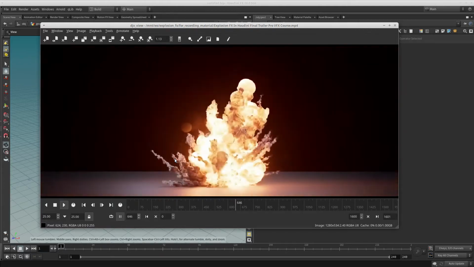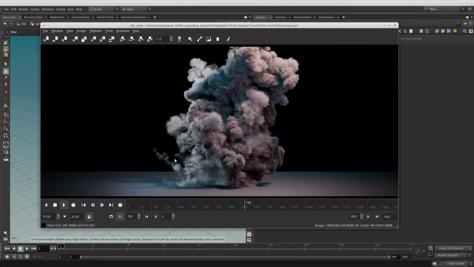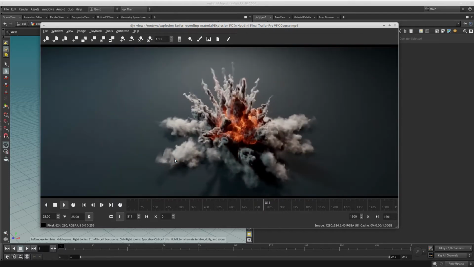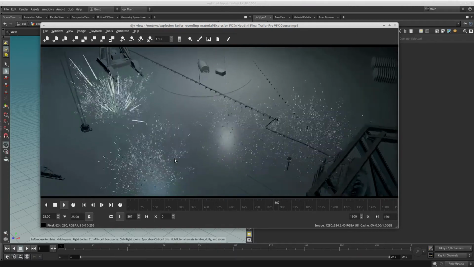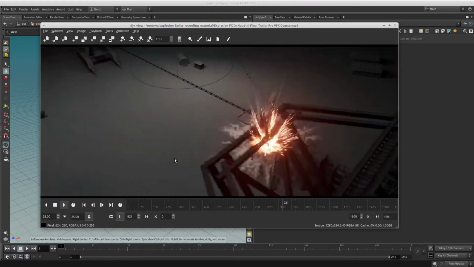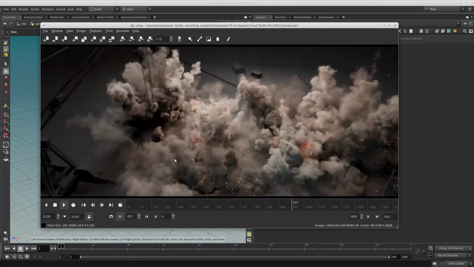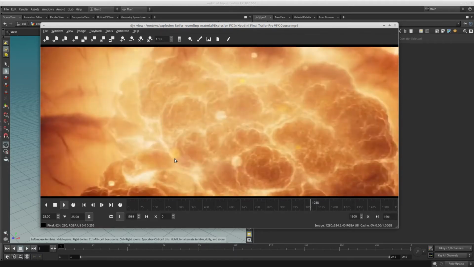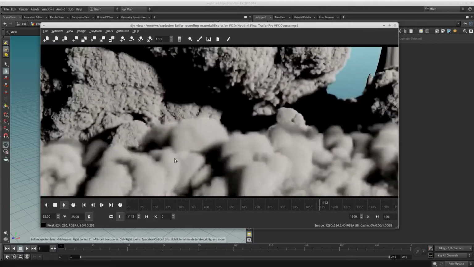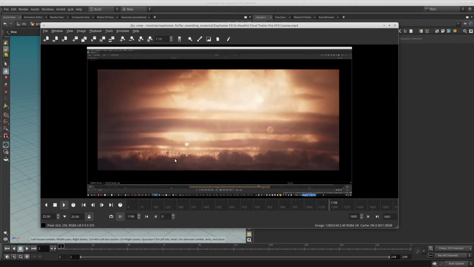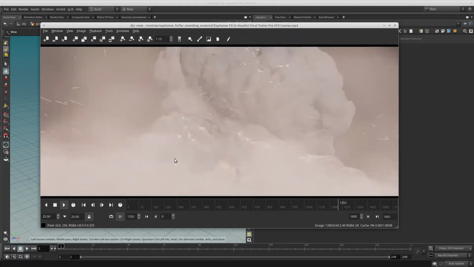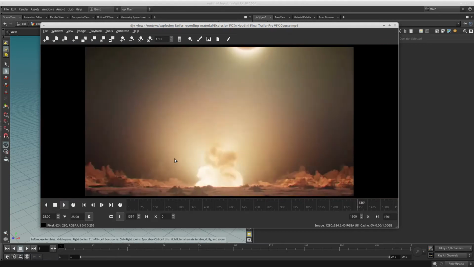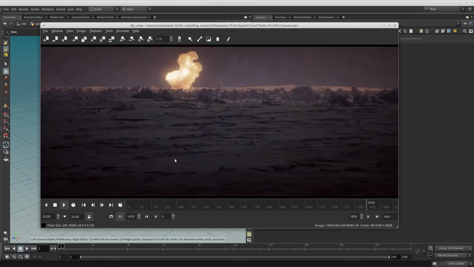The last one, the big one, is the nuclear explosion, and this one is combined of multiple elements, not just the core explosion, and we're going to focus a lot on building the visual, because the explosion by itself is only a portion of the screen, is only a portion of the effects. But getting all of that to look similar to what ILM did in Star Wars is going to be the real challenge, to getting that same look, which involves a